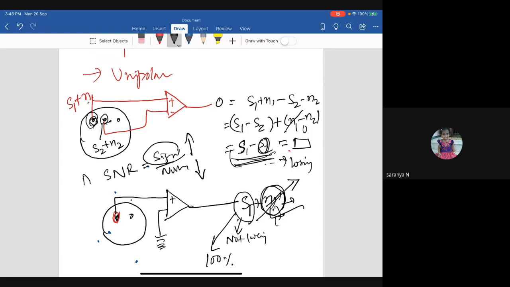While in the bipolar mode, I'm not getting 100% signal. What I'm getting is S1 minus S2, so I might get 80%. So I'm losing some signal, but at the same time, I'm able to remove all the noise. So the question is, why do the doctors use bipolar? Because doctors are not good in signal processing. They don't have the knowledge of how to do signal processing, but they do the visual